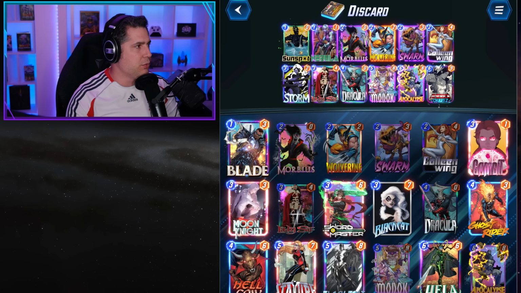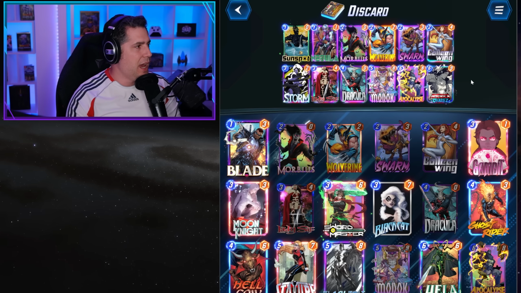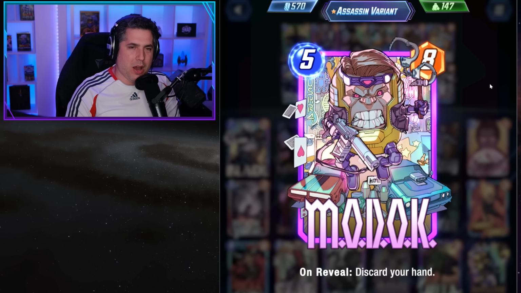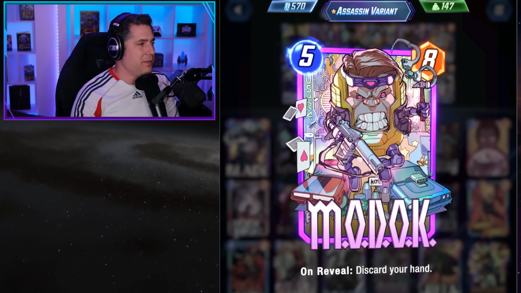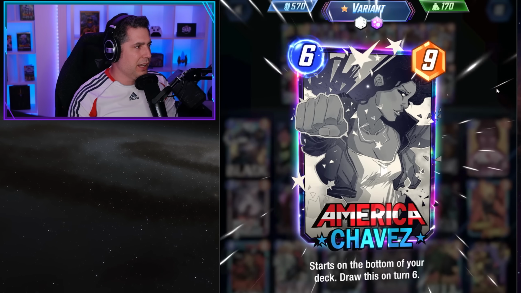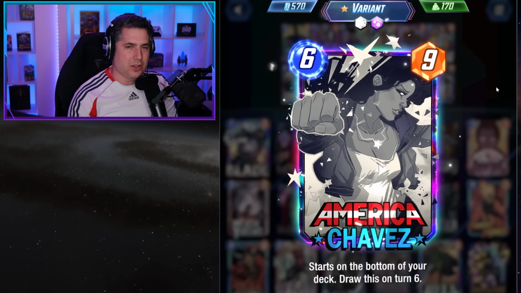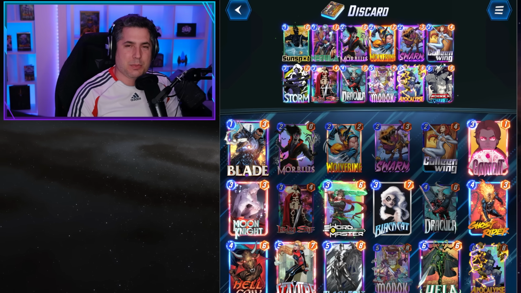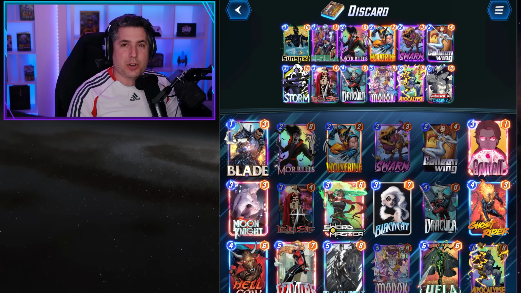You got the Lady Sif, which runs up the Apocalypse, and ultimately you got the most consistent discard card in the game in MODOK that just basically discards everything, procs your Apocalypse, just waiting to get hit by Dracula and allowing you to play that America Chavez on turn 6. I absolutely love this deck. It is the one that I had the most success with when climbing towards Infinite,